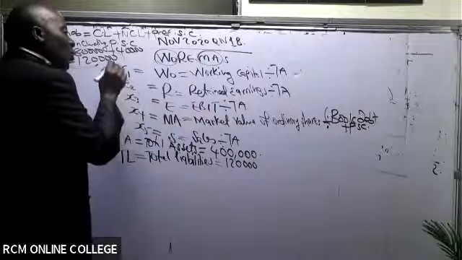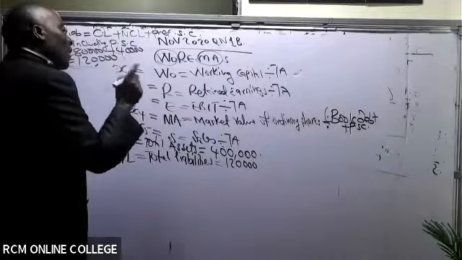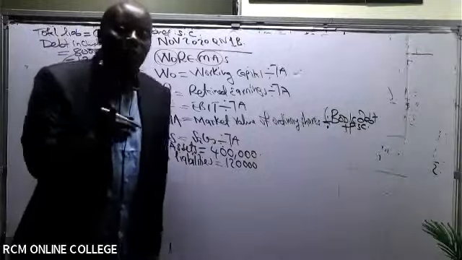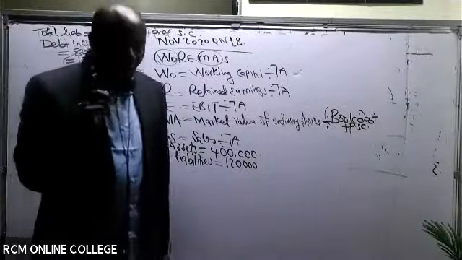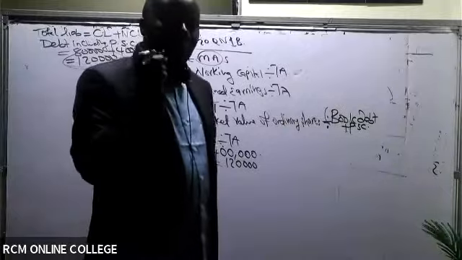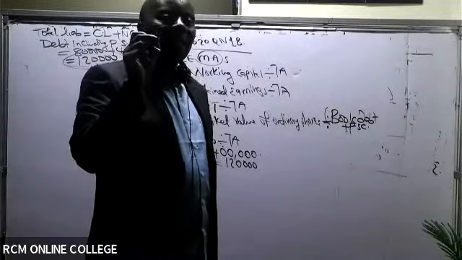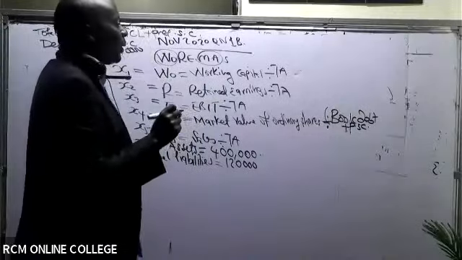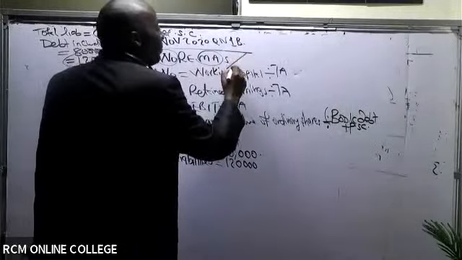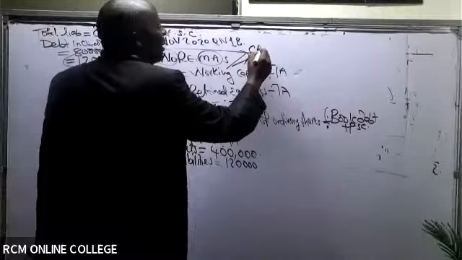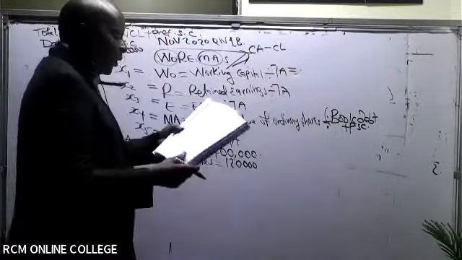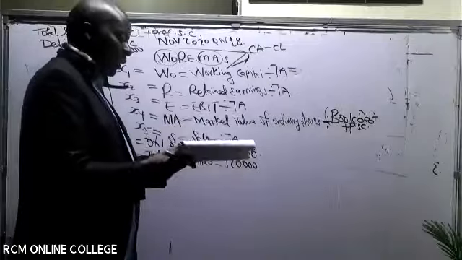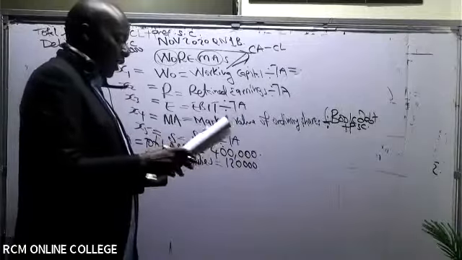Let's start with X1, where they want us to get working capital. Is there anybody who knows the formula of working capital? Working capital is current assets minus current liabilities. So anytime they want us to get working capital, we normally take current assets minus current liabilities. Are you able to see the current assets in this question? If you go to your asset section,